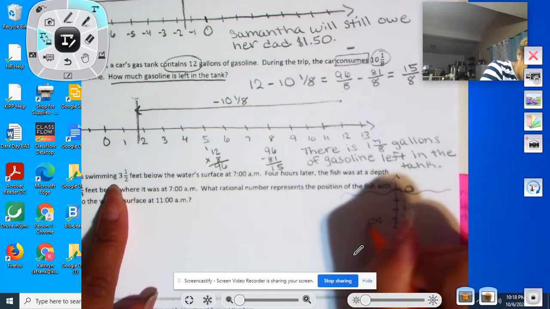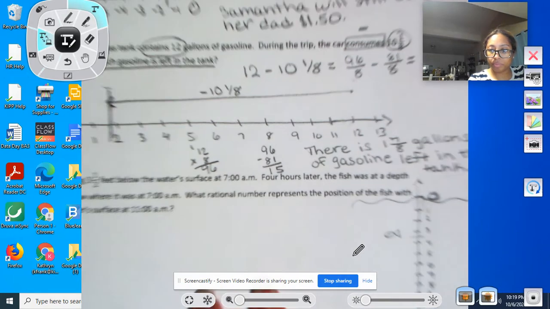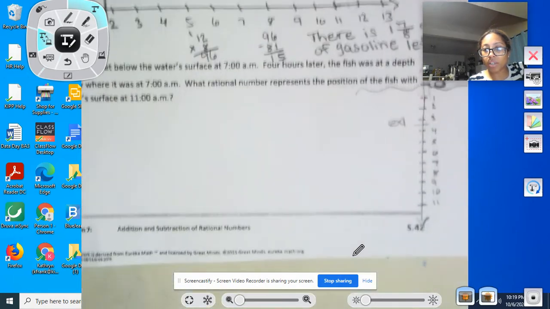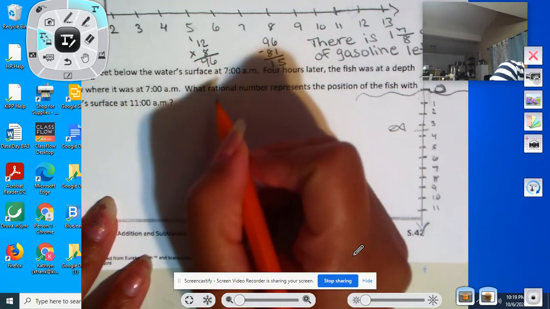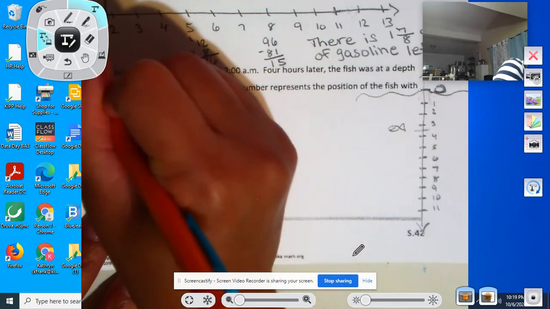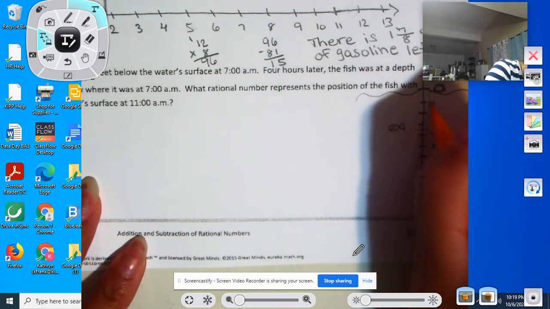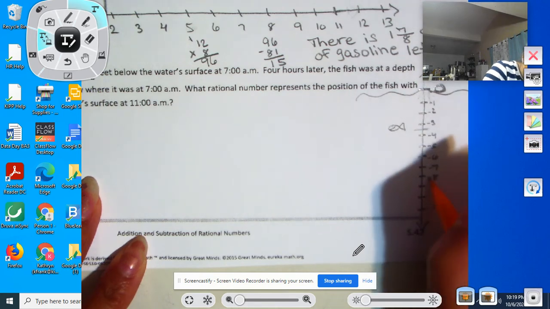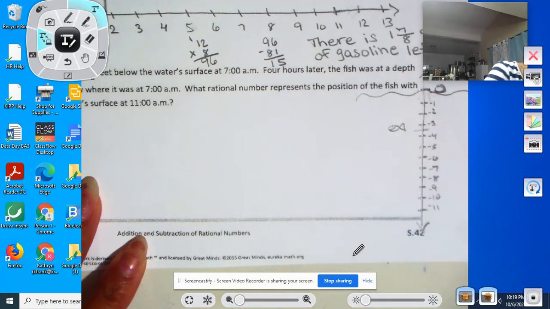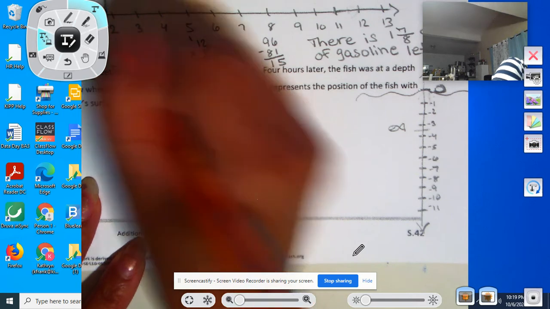Little goldfish. All right. So he's about at 3½ And let me kind of zoom in here. So that's our starting point. Okay. And since we're below sea level, or below the surface, then this 3½ is already negative. These should be negative because we're going below the surface. So these are all negative numbers. So this 3½ since it's below, we're saying that that is a negative 3½